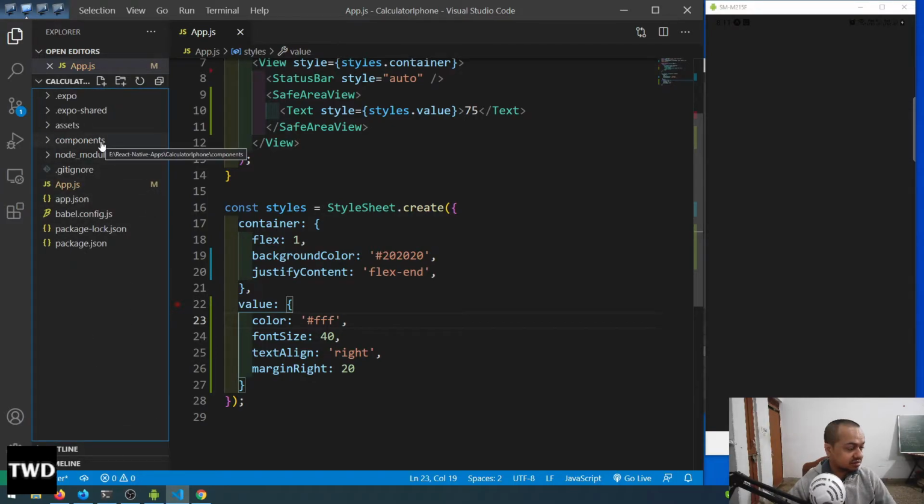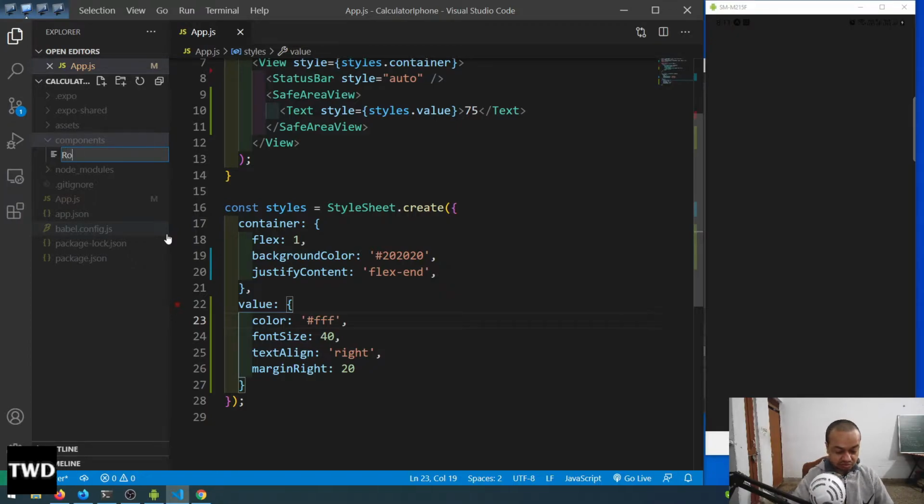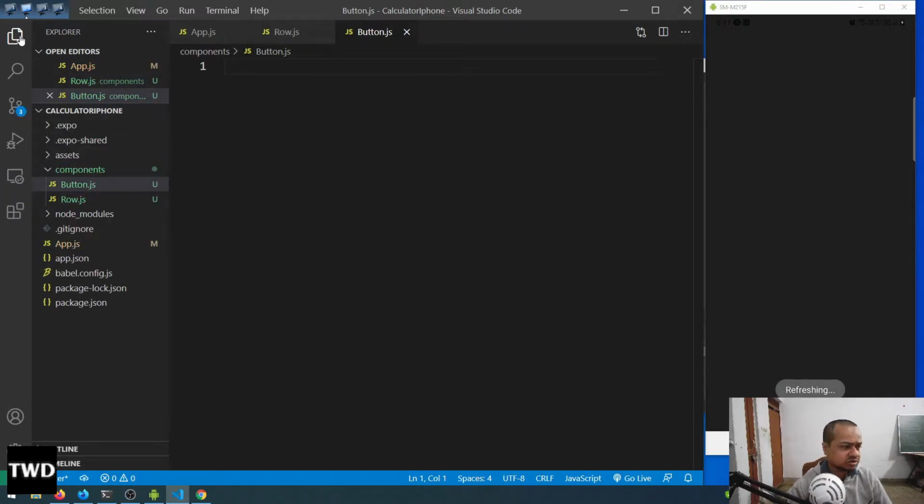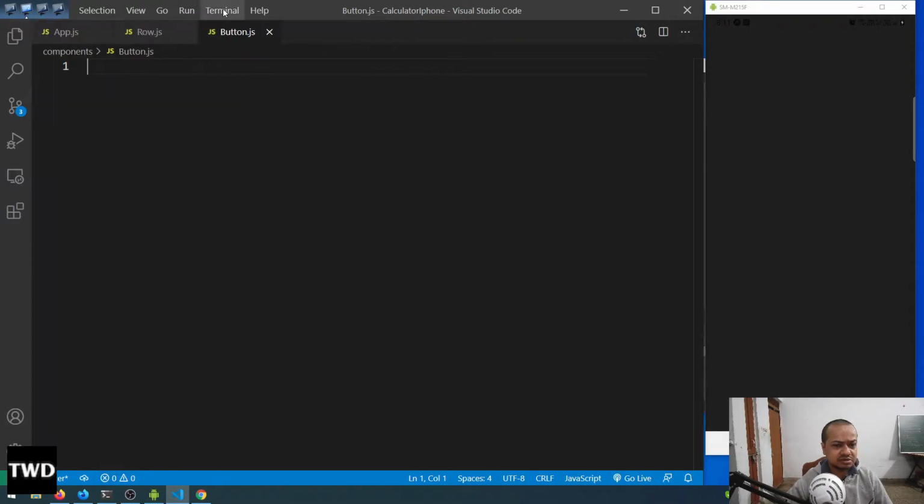Here I'm going to have a file row.js. The other one will be button.js. So these will only be the two files because this is a very small project. So row.js,